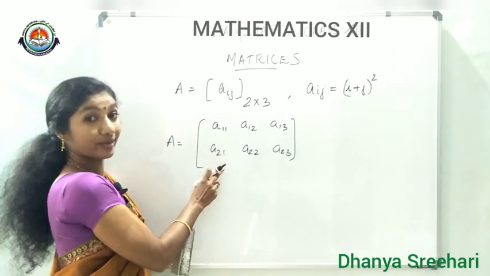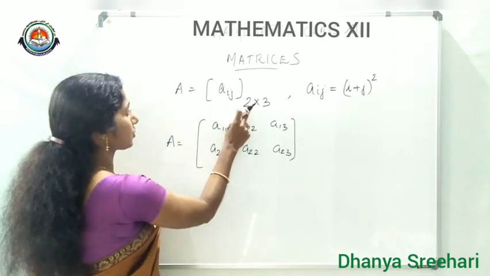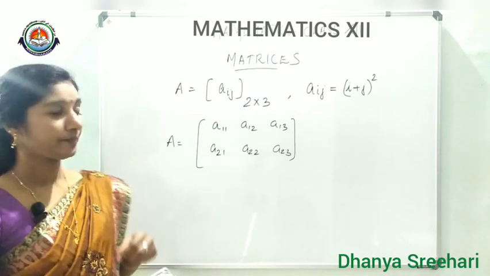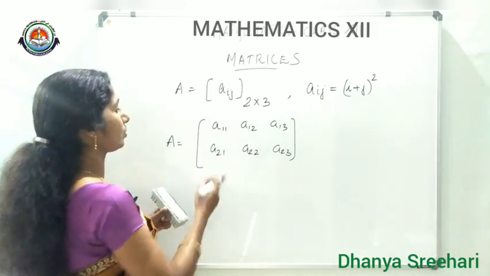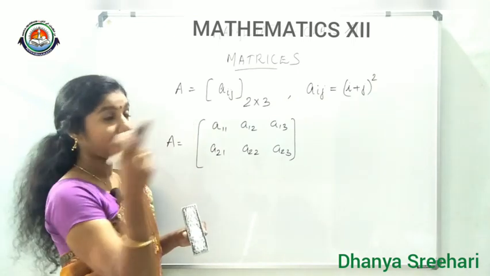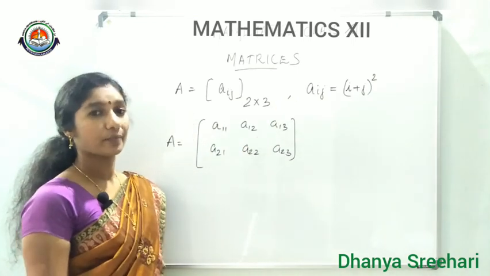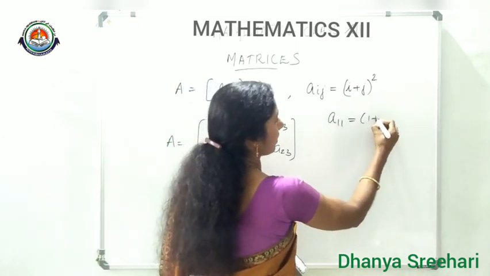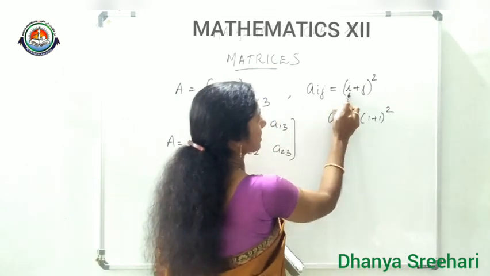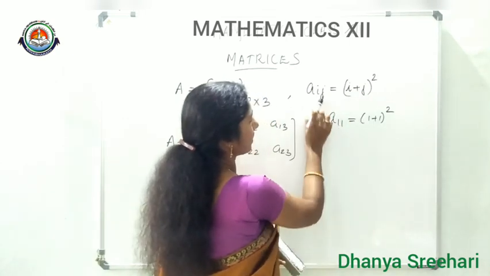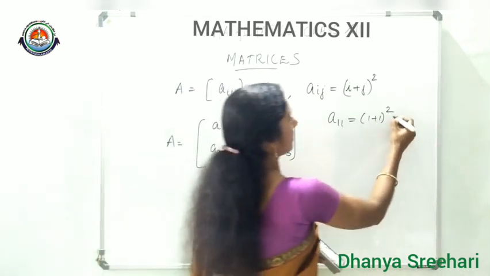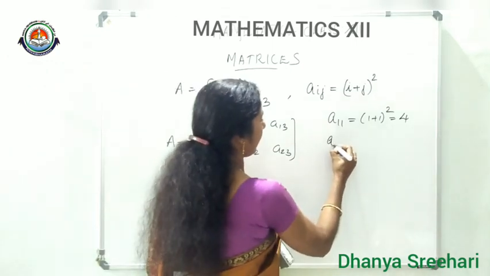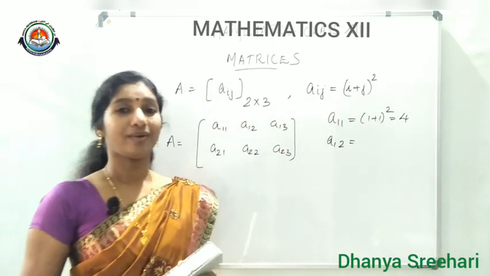How did we understand this is the matrix? It is given as a 2 by 3 matrix. So 2 rows and 3 columns. Clear? So it's a 2 by 3 matrix. So we need to know what is A11. To find A11, it is given Aij is equal to (I plus j) whole square. So we need to find each element. A11 is equal to (1 plus 1) whole square. Aij means (I plus j) whole square. So here I is 1, j is 1, so (1 plus 1) whole square. 1 plus 1 is 2, 2 square is 4. Okay. Then A12.